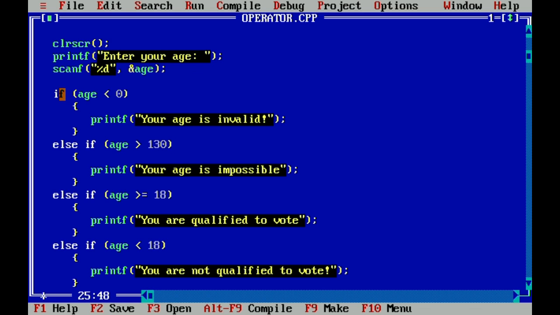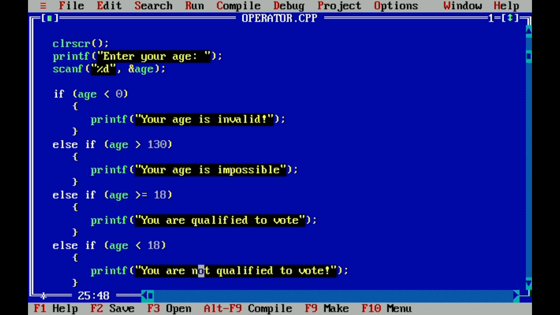So first condition is if the age is less than 0, so therefore there are negative values, then you simply display your age is invalid. Otherwise, if the age is greater than 130, it will display your age is impossible. While if it's greater than or equal to 18, you will have a result of you are qualified to vote.